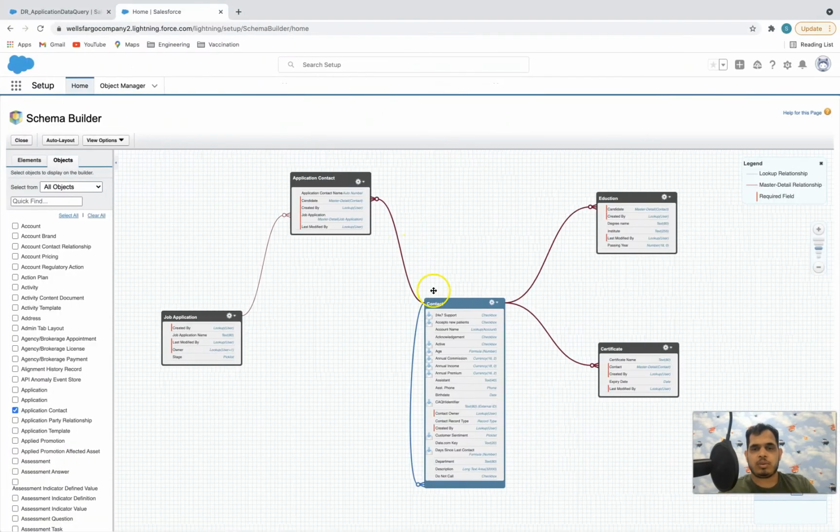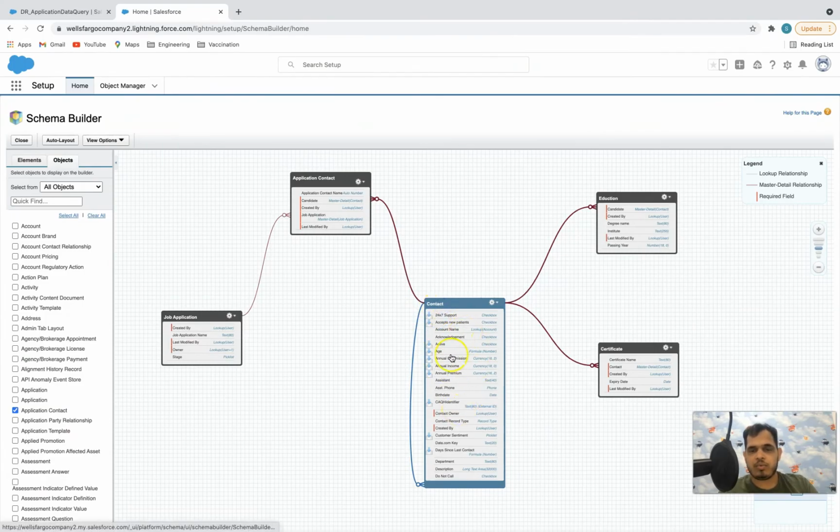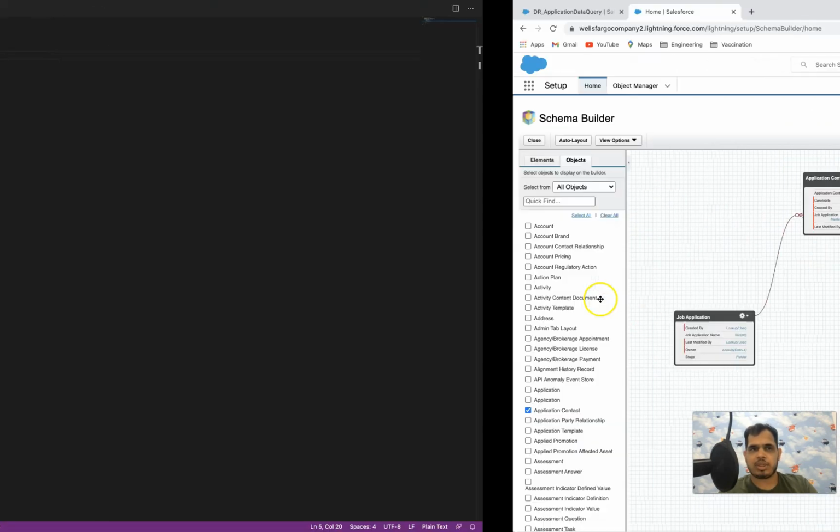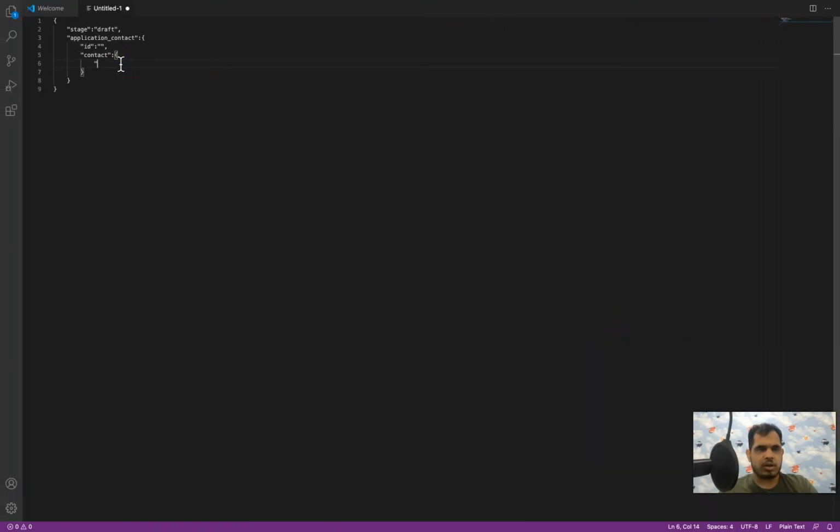Why? Because the contact will have its own fields, and it will also have education and certificate, correct? So I will create, let's say, name. It will have some values, and then we have, let's say, DOB, which will have some values.